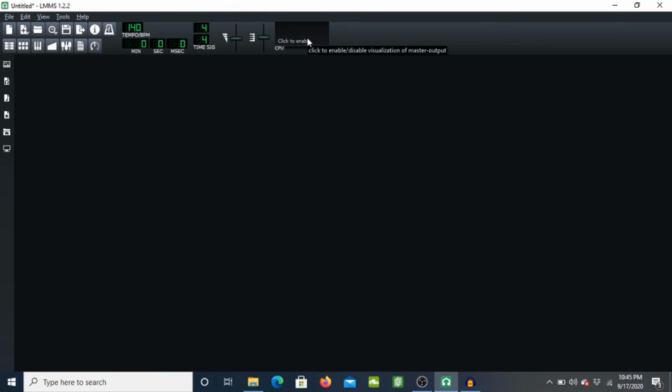Then over here there is Wave and CPU Usage Display. And this shows the sound waveform as the song plays. Now when the waveform is red, that means the song is clipping and the volume needs to be adjusted. The CPU usage display down here shows how much work your computer's processor is doing to handle LMMS. So you can click to enable or disable the waveform display.